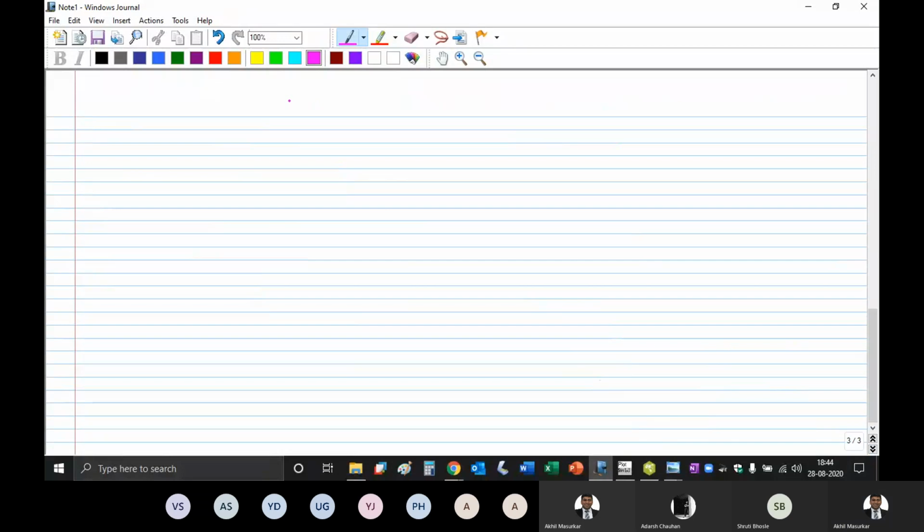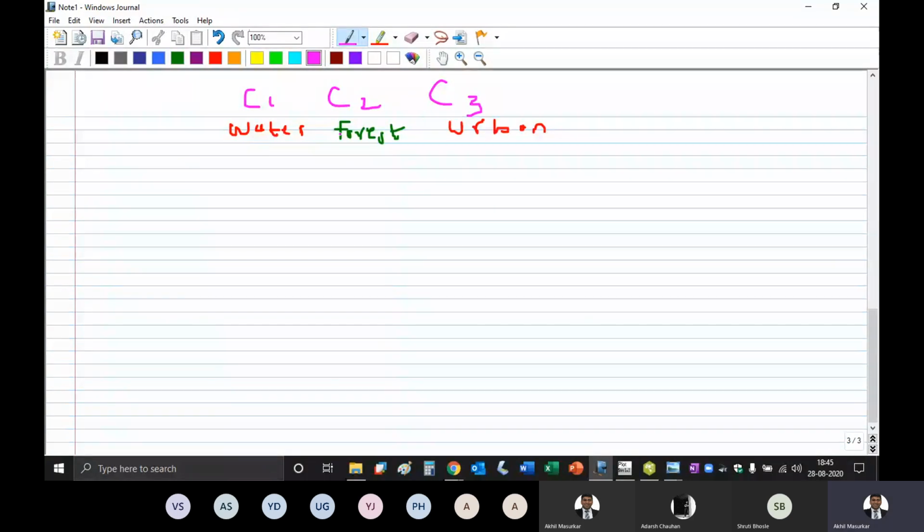Let's say there are 3 classes, C1, C2 and C3. Let's say C1 is water body, and C3 is urban, and for simplicity C2 is forest.